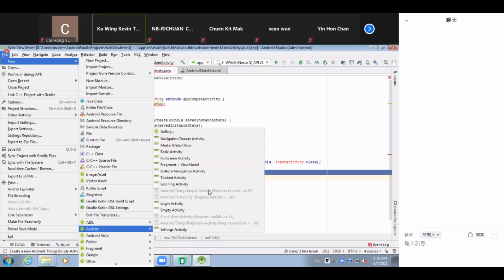You can see there are a number of activities that you can create. These kinds of activities you may already have come across. For example, during the creation of a project, you may see this activity. Of course, we are now going to create a new empty activity. Therefore, we can select this